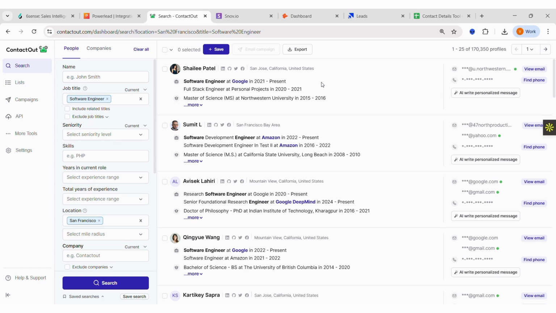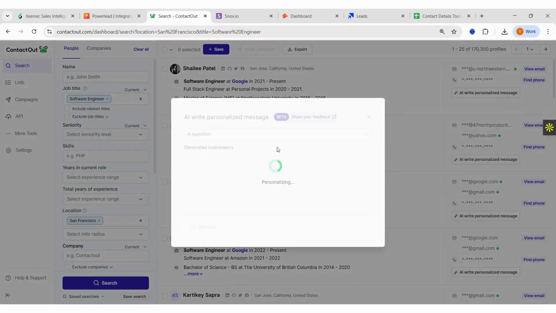The way they have created this is similar to what we visually see on Sales Navigator. And on the right, we do have options to search for their contact numbers and email ID. In addition to this, ContactOut has integrated AI to create personalized messages. So when I click on creating a personalized message for a particular person,